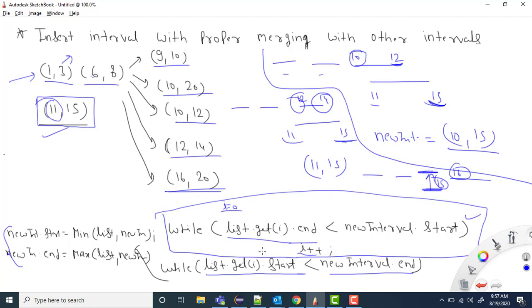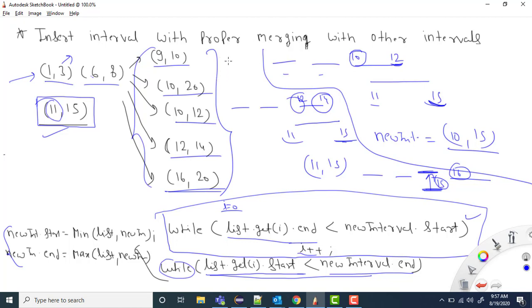Right? So these are the possibilities, and this is how it can overlap. And using this condition we can basically always check. Now you can say that after this also we can have more things, so that is for sure. If you use this condition, it will basically take care of the other cases as well.